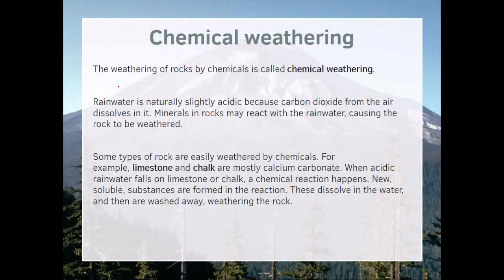Chemical weathering, from the name, it means it's due to the effect of different chemicals on a certain rock. Okay? And the most popular and common example here is the acid rain. Because the acid rain, as we said before, it means that it's like the clouds are raining acid. Acidic gases from factories will react with water or dissolve in water by a certain way. So the cloud now will be